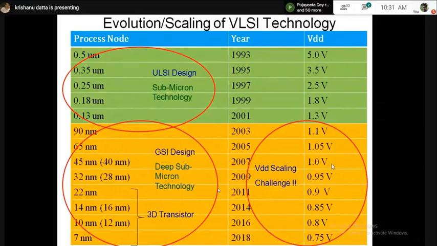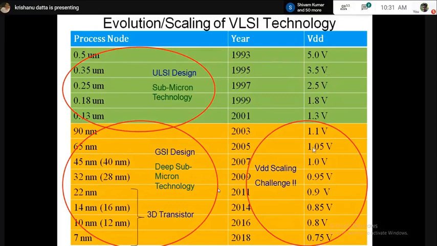But the interesting thing is on the right hand side also. If you see the VDD, that's the supply voltage. There is a correlation between process node number and VDD number in the green zone. What is the correlation? Any guess? It's actually a very easy correlation: times 10. Absolutely, only the difference is the unit, one in micrometer, one in voltage. Otherwise, it's very easy to remember. If you know the process node number, you immediately know what the VDD is going to be.